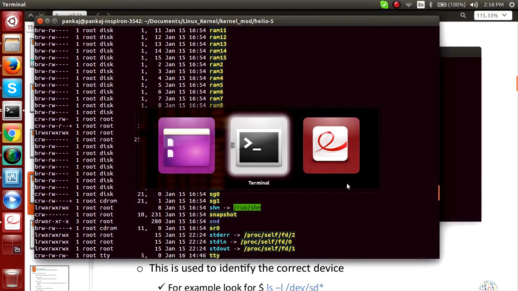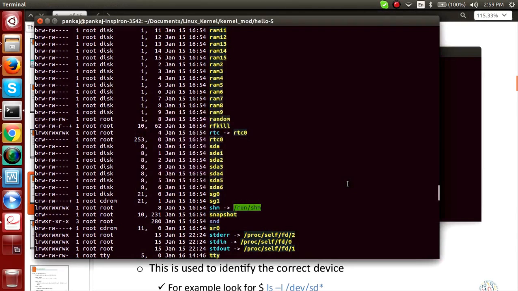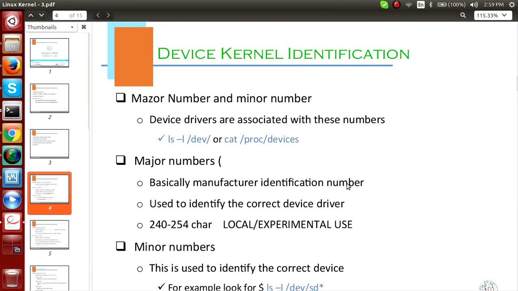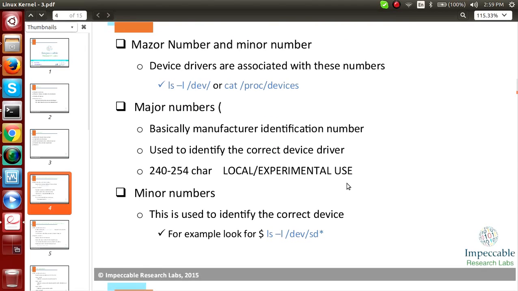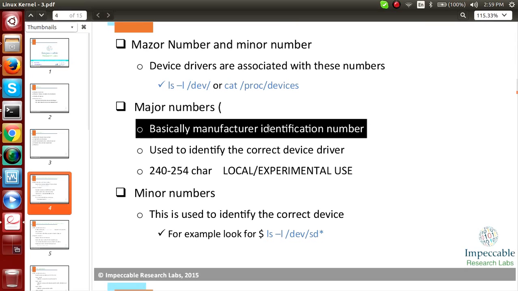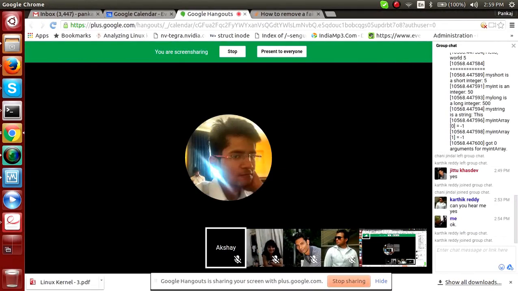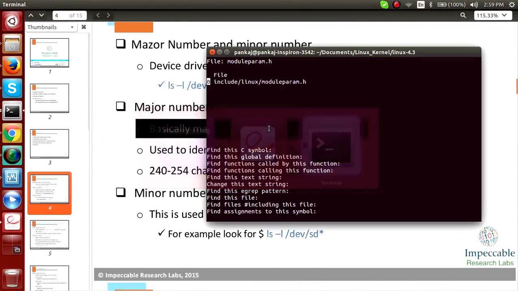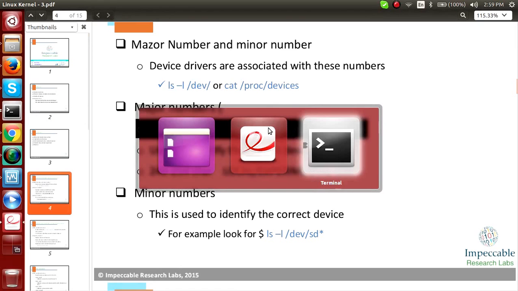Okay, so this is what I was telling you: basically a manufacturer identification number. You have the disk drive, and you can see that number 7 is assigned to all the disk drives; that is your major number.